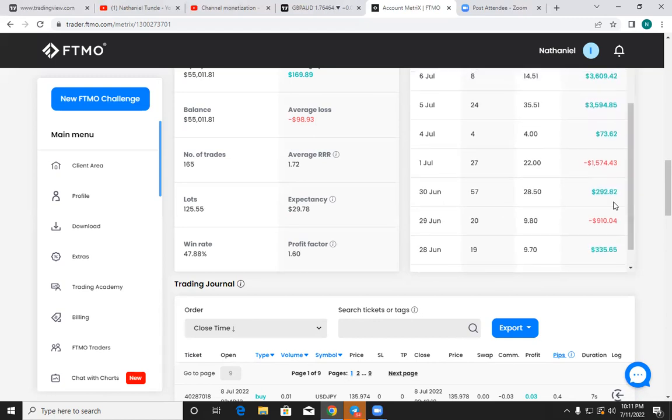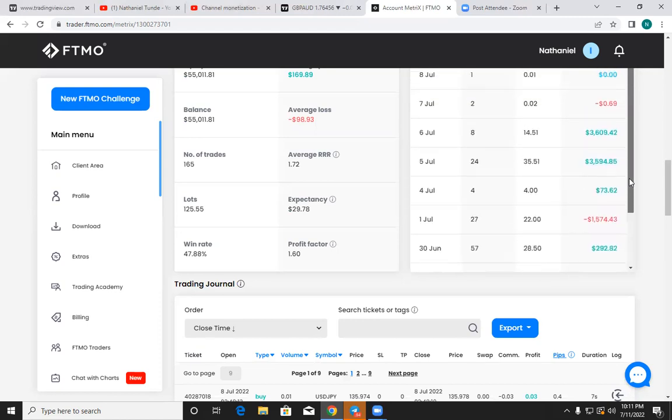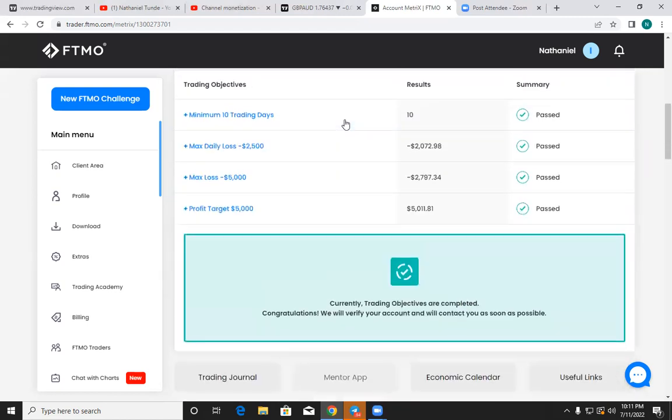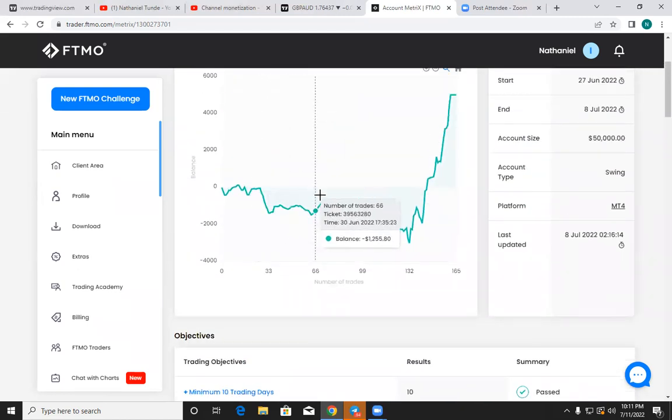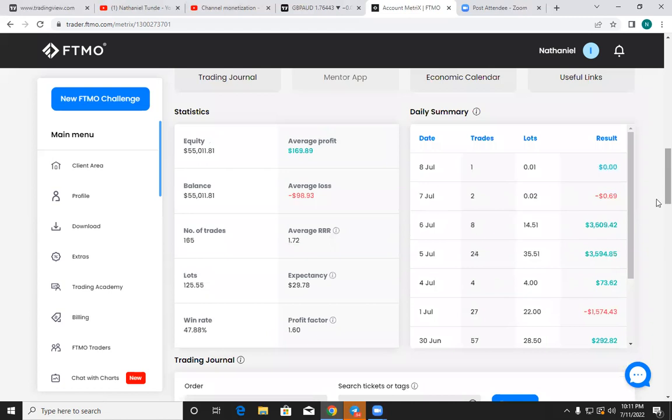So from 27th June to 1st of July, I was having small gain, small loss, and the chart was going down, up, down, up. The condition of the market did not permit a big win, and I accepted in good faith. In as much as my account is not down in a big way, I was comfortable.